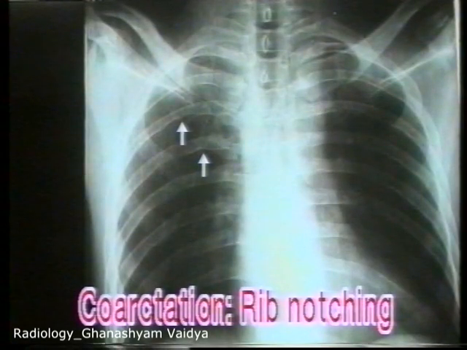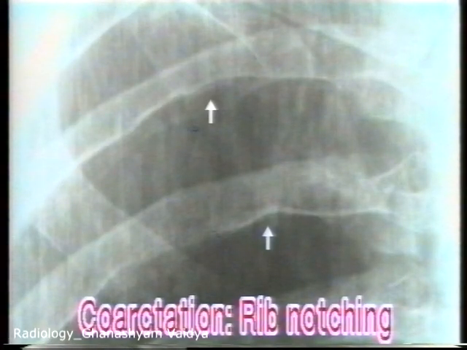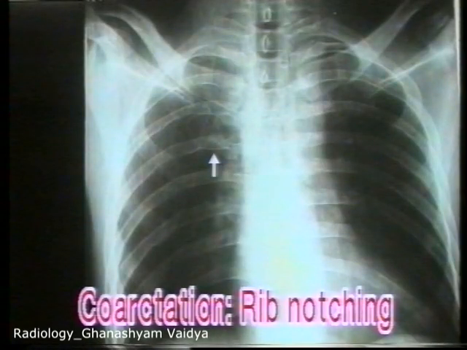And in long-standing cases, the 3rd to 9th ribs show notching of the inferior border of the ribs in their posterolateral aspects. Note in close-up view the notching of the inferior border of the ribs in this case of coarctation of aorta. This notching is due to the dilated posterior intercostal arteries. In this X-ray, rib notching is present only on the right side, which means that the coarctation is proximal to the origin of the left subclavian artery. Note the wide and dilated aortic knuckle.